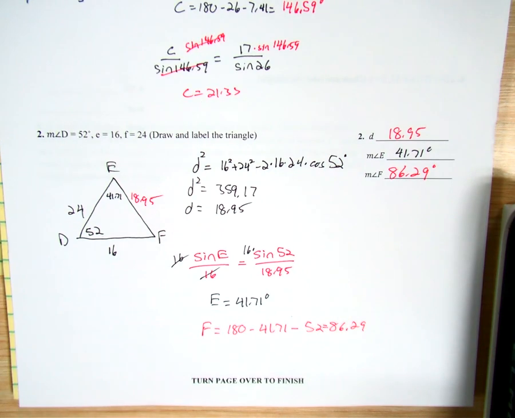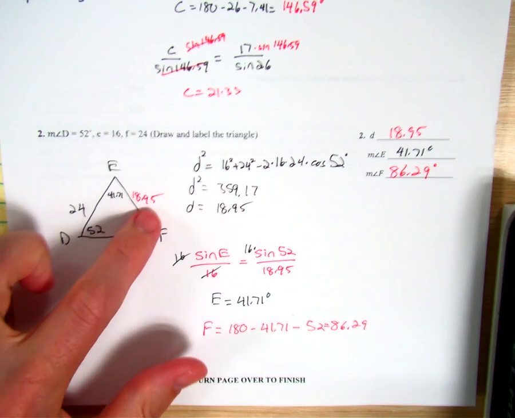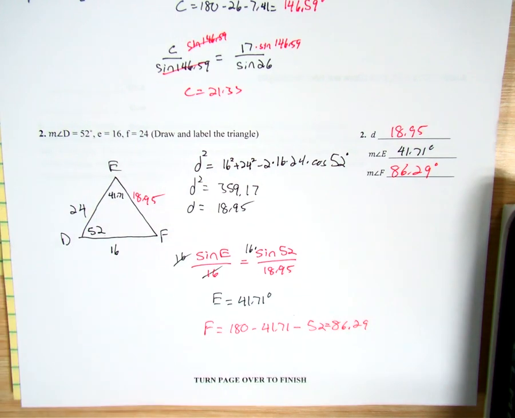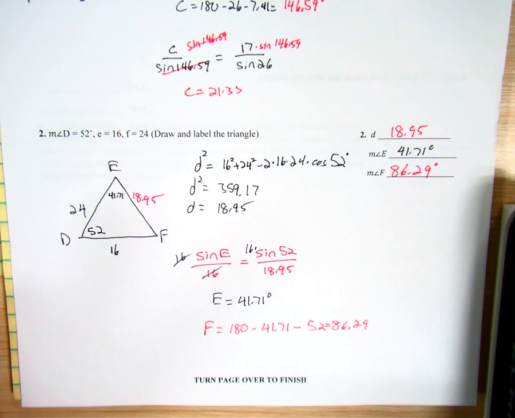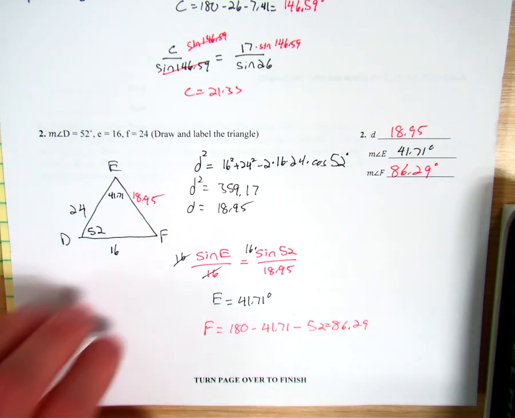Okay, so that was a regular law of cosines problem where you had to find the side. If you had all three sides and then had to find the angle, you would go for the biggest angle first and go in reverse order. If you need to see an example problem like that, refer back to our video lesson, the law of cosines. Should be up on Schoology. Okay, so then you will have